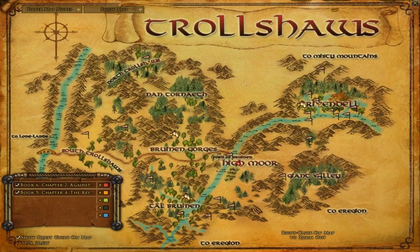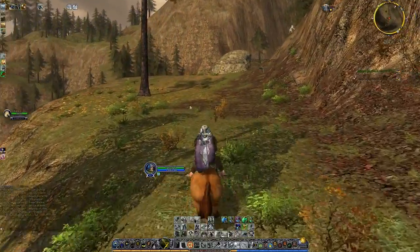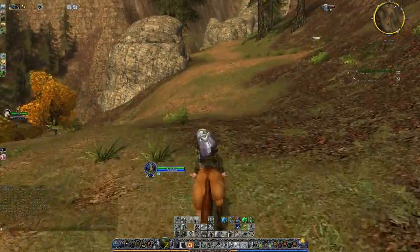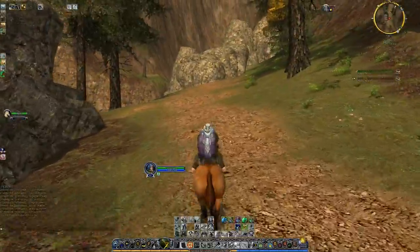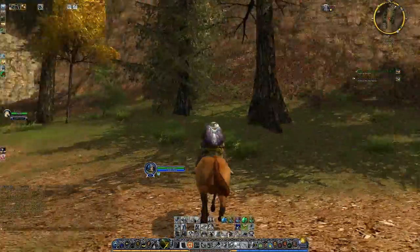Now let's have a look. It's quite a fair old trot to Rivendell, but I'll do some of the journey. This part of the journey isn't sort of mentioned in the book, so I've got no idea how accurate it was. But this has been quite a good video, I think, from an accuracy point of view. We've come across the Trolls' Lair, we've bumped into the Trolls, we've reached the ford, and as you would expect...